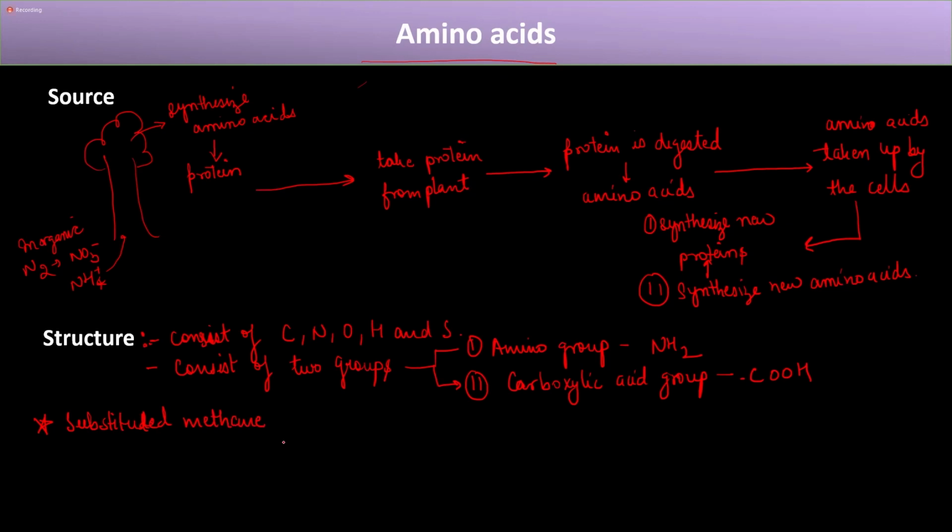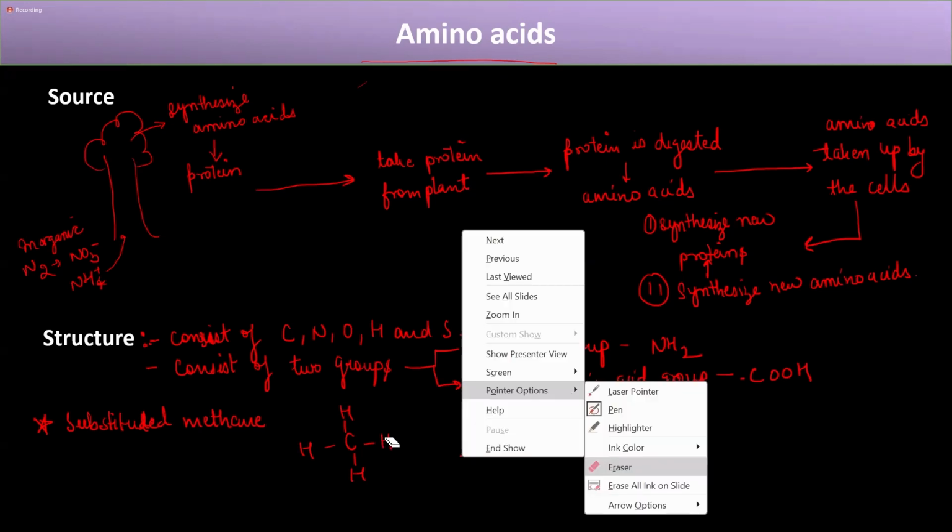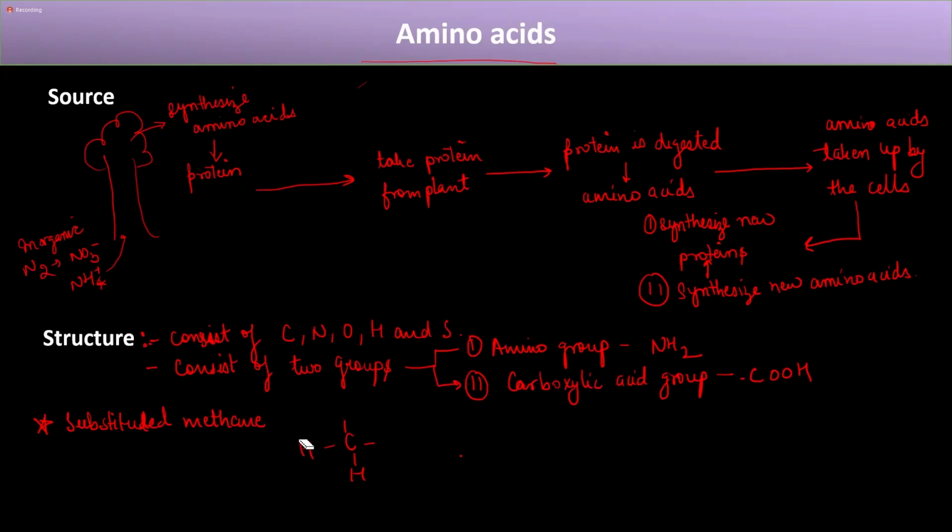So what does it mean? So we know the structure of methane, right? Methane has 4 hydrogens attached to the carbon. So this is the structure of methane, right? Now, in this structure, if you erase the 3 hydrogens,